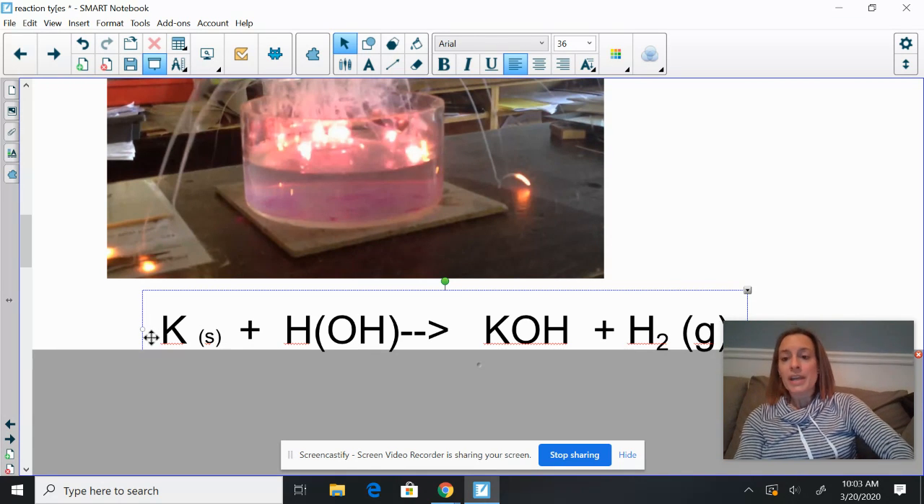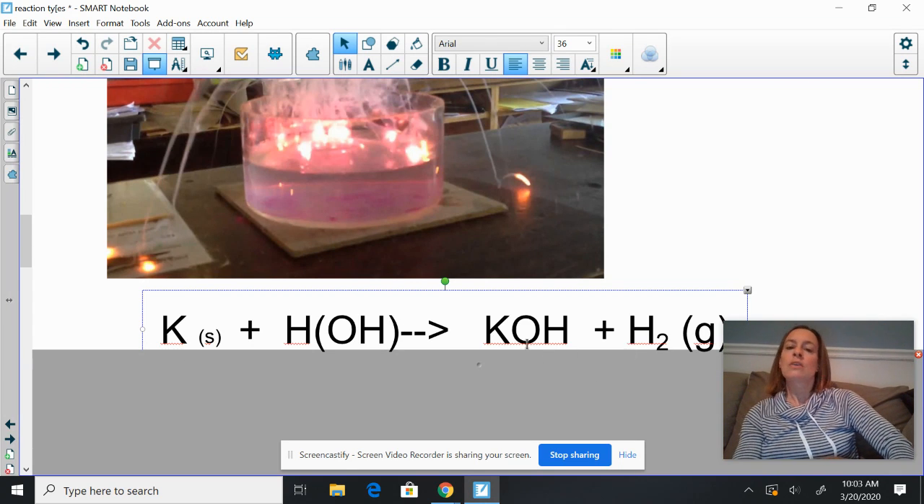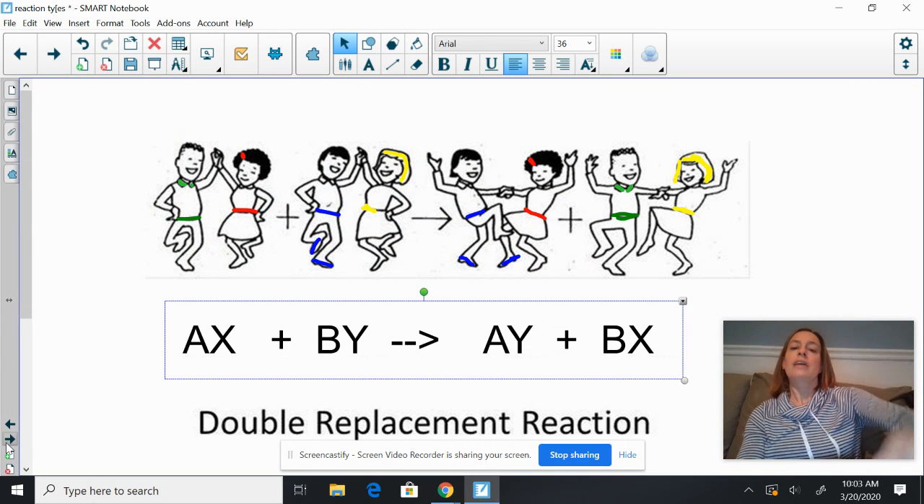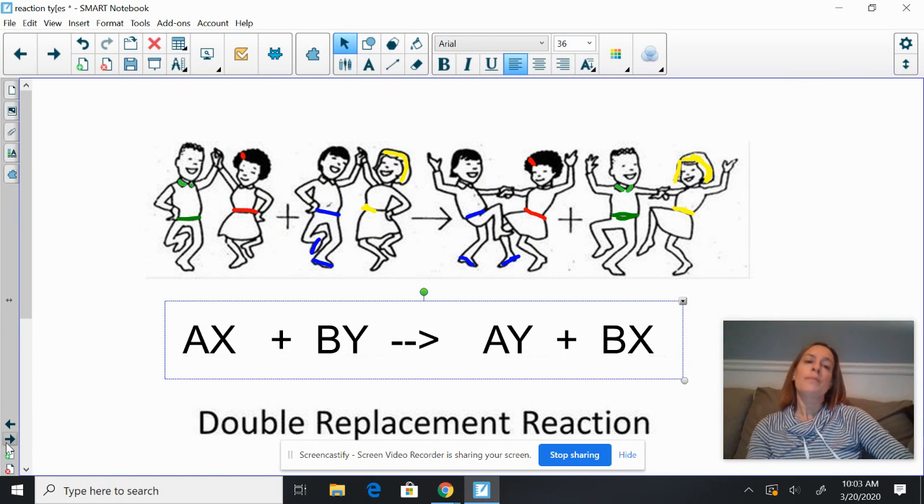So just be able to recognize a single replacement reaction: single element plus a compound, and then our products are once again a single element and another compound. I'm not going to be asking you to predict any products for single replacement reactions, just be able to recognize them. And finally, the fourth type of reaction to be aware of is double replacement, sometimes called a double displacement